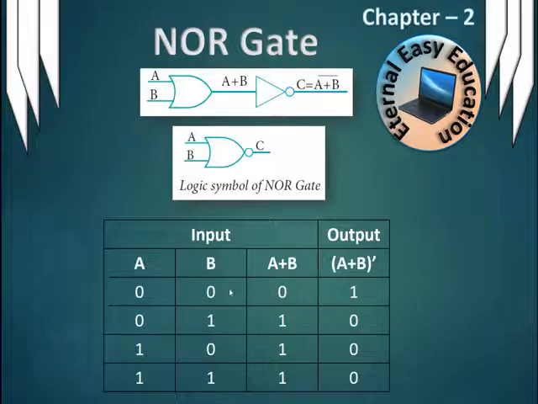Here two inputs are false, so the result is false, but the net result of the NOR gate is true. Likewise, true, false gives true, so the reverse is false. So 1, 0, here 1, so the reverse is 0. Here 1, 1, that means the two inputs are true, the result is true, but the net result of NOR is false.